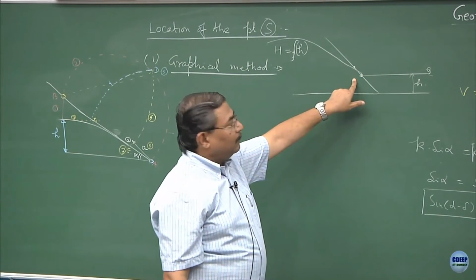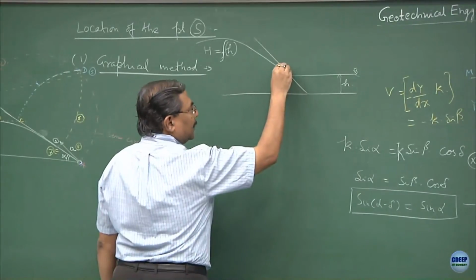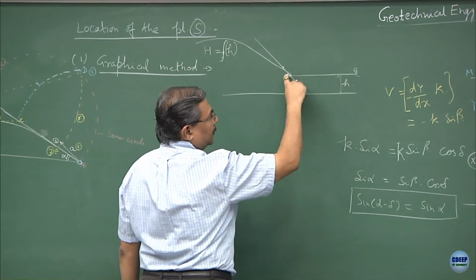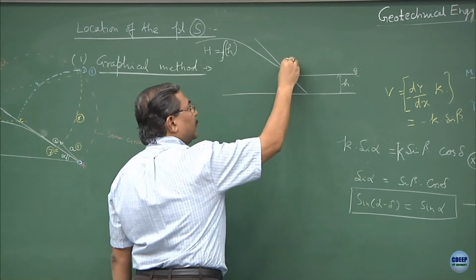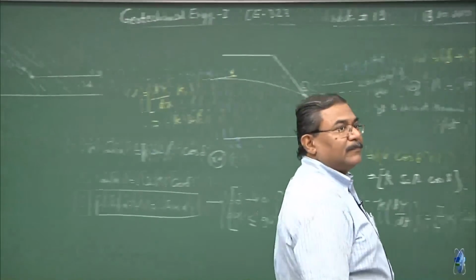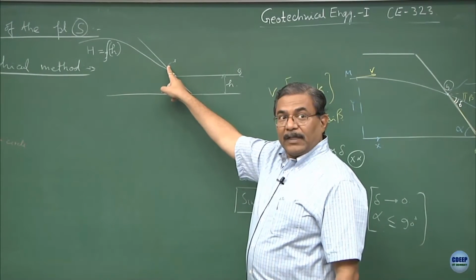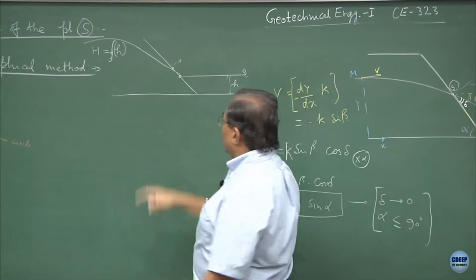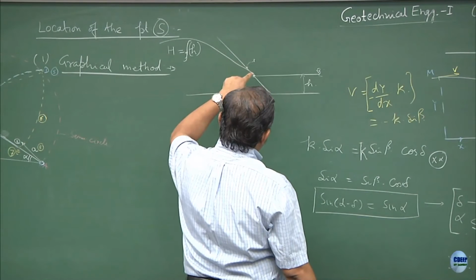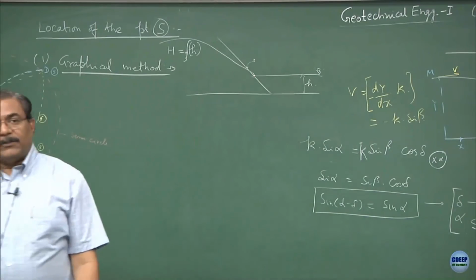Otherwise, what is going to happen? Please realize this. Very conveniently, what I did is, by assuming this point over here, I have imposed this condition of H at this point. At this point, unfortunately, you do not have H valid. Are you getting this point? Because this happens to be a discharge point, this is not a seepage point. That is what we have proven. So, in order to get a mathematical solution, we have forced this point to be lying with the top tail water, so that we can obtain a solution.